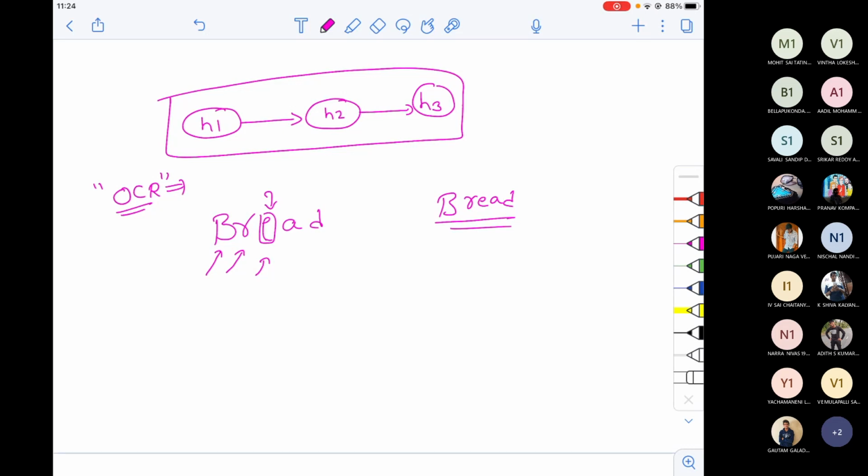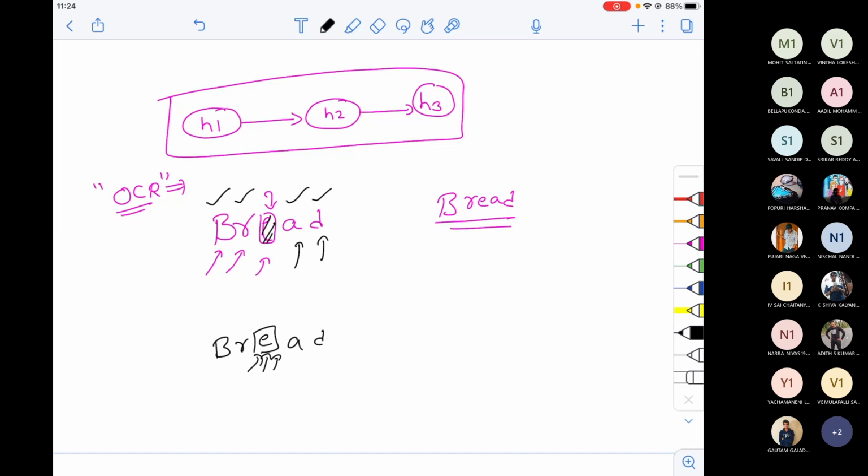I need to also look at the letters from the back. Once you know B and R, and once you know A and D perfectly, because they were written very well by the human, you can easily recognize them. Since this one is not written well, you can't recognize what the user has written. But based on B, R, and A, D, you can guess what this is very easily. Even though I don't understand what the human has written, I can guess it. That's what my iPad has done.